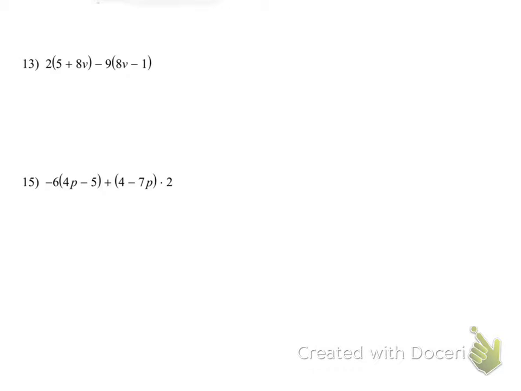All right, last couple. So I got to distribute these, and then I got to distribute these. Keep in mind that this is a negative 9 right here. So this is going to be 10 plus 16v, and then I'm just going to do the plus sign. Negative 9 times 8v is negative 72v. And then this here is a negative 9 times a negative 1, which would make it positive, so plus 9. And I combine like terms, and I get